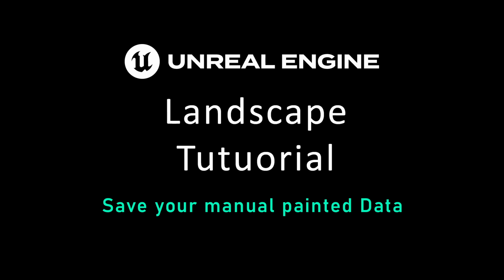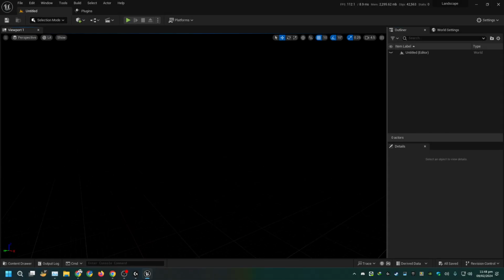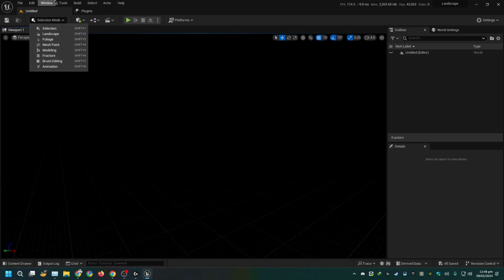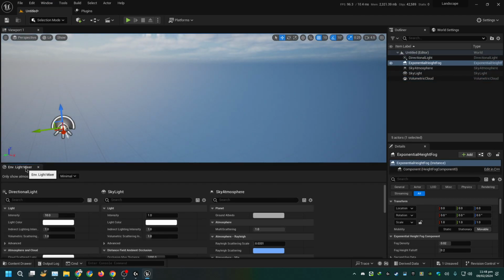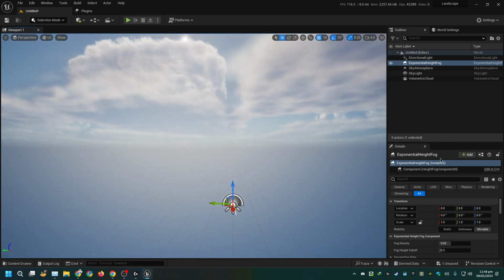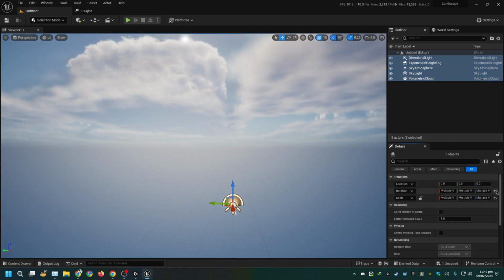Today I have a very unique thing that I have seen many people get stuck in. So here I have an Unreal Engine empty project and I am going to add some lighting quickly using the environment light mixer. So if you see, our scene is completely lit now,